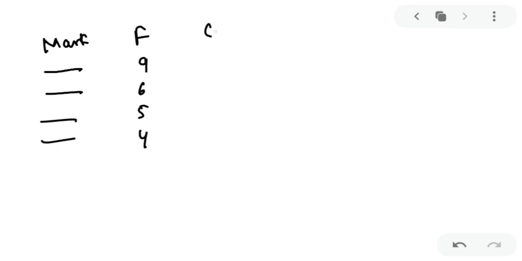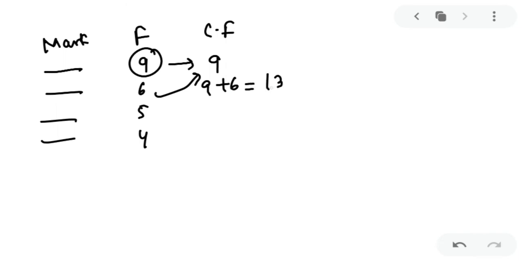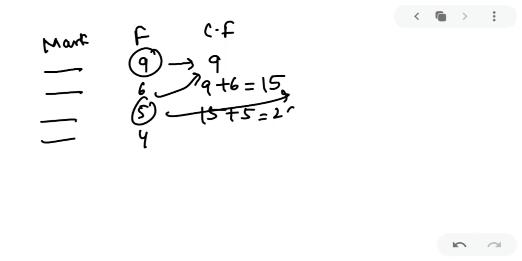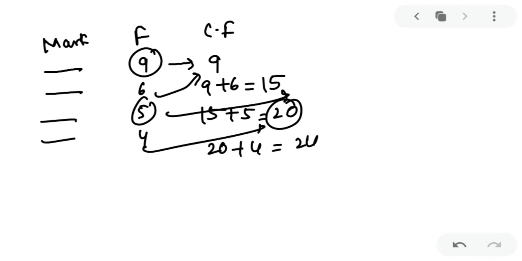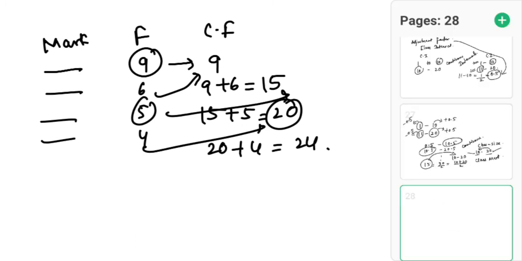My dear kids, next I am talking about frequency and cumulative frequency. Once I have given you the class marks and some frequencies like 9, 6, 5, 4, you have to find the CF. The first cumulative frequency remains the same, and for the second you just keep adding on. So 9 plus 6, and whatever answer you get here, again you have to add 5 to it. So 15 plus 5 will be 20. Again to 20 you have to add this 4. That is how we find cumulative frequency.